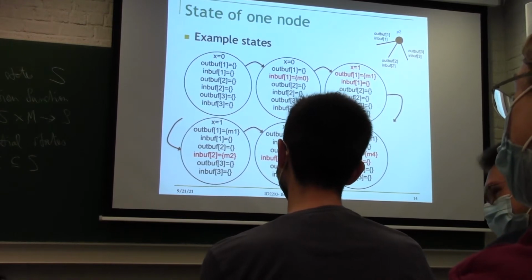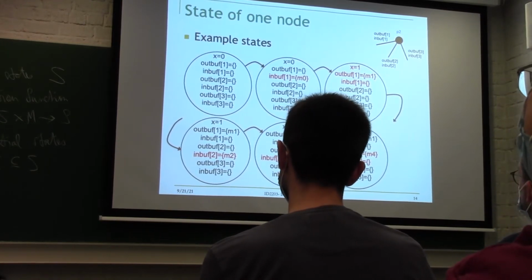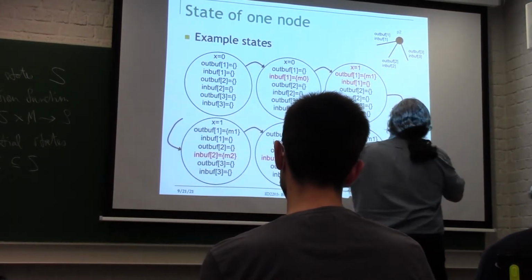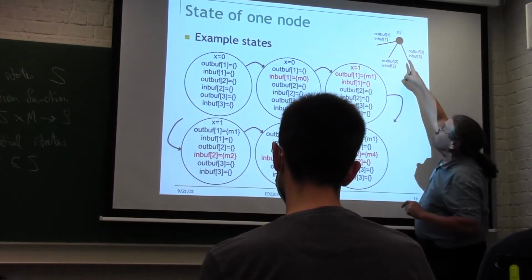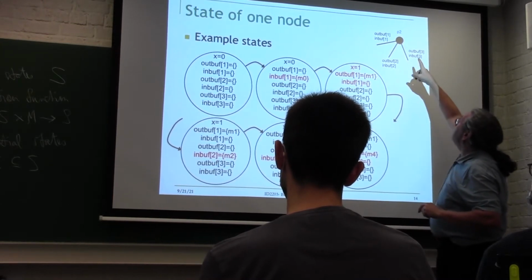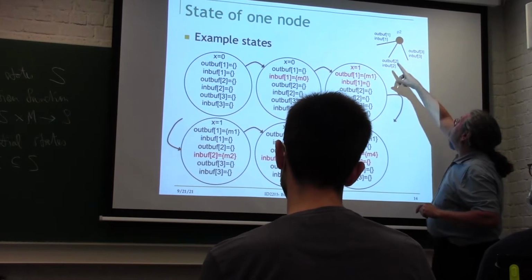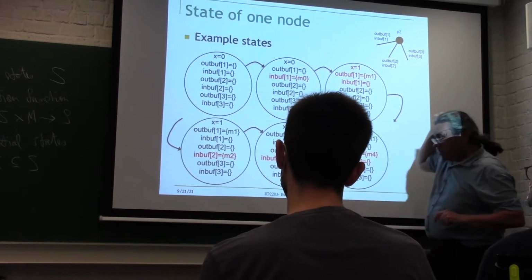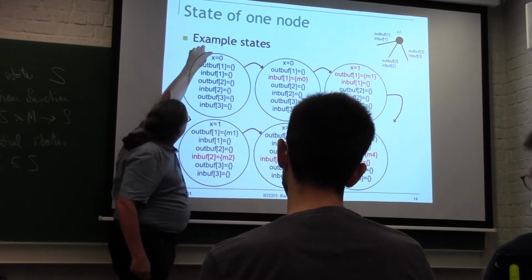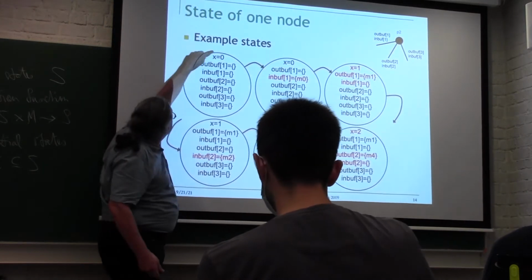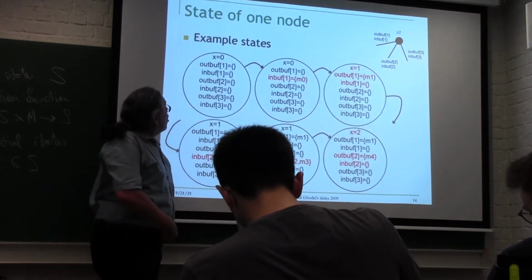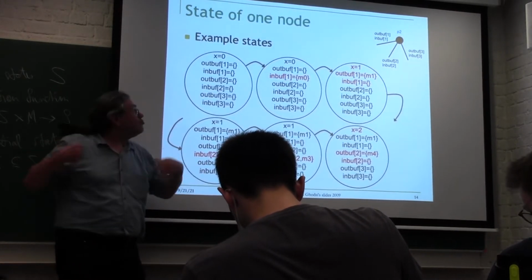So here is an example of an execution. I'm still looking at one node here. This is the node, number P2, which has 3 network connections. I number them 1, 2, 3. It starts with the local variable x at 0, and all the sets are empty. Okay, now I'm doing computation.